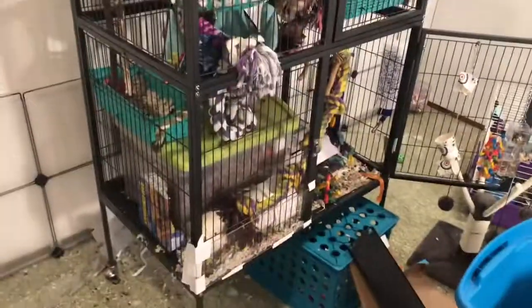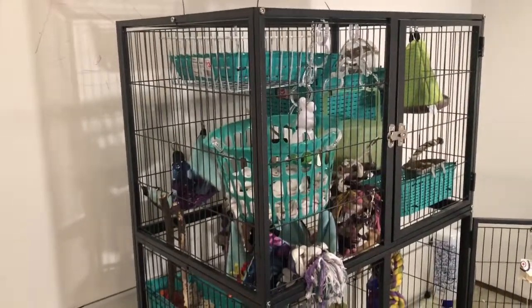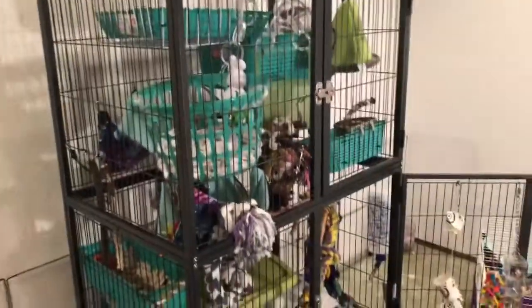And I'm not sure where I'm going to move the cage, because Fizbin just climbed up to the very top of it, which made me very nervous. So I want it to be somewhere where if they climb it, they can't then get out, because that's dangerous. But then I also don't want,